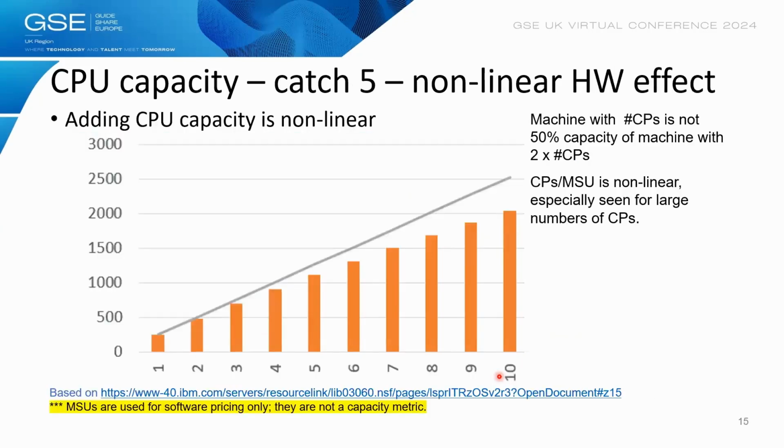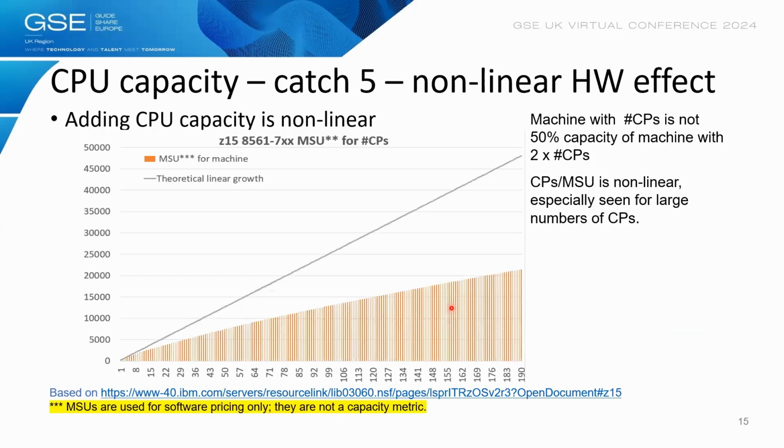CPU capacity, another catch about machine scalability. MSU does not scale linearly with the number of processors. And the more processors we have, the flatter this curve is. Actually, it's not seen much here, right? Because we only have few processors. But if you see the picture with more processors, it's more noticeable. Basically, this linear line, which we have between 1 and, let's say, 5 processors, is no longer linear when we move further in the architecture and have more processors. So you can't assume that a machine with twice as many general CPs will run twice as fast. No, likely not. No way, right?